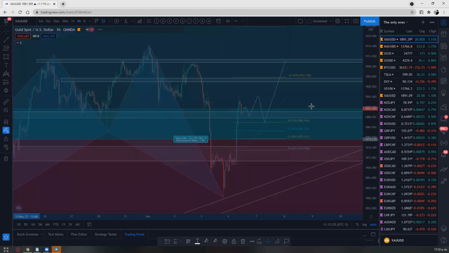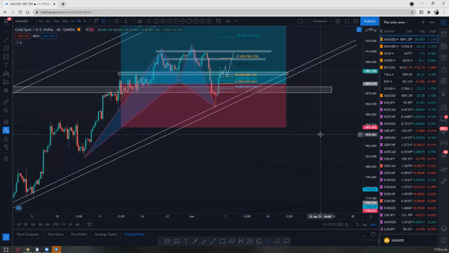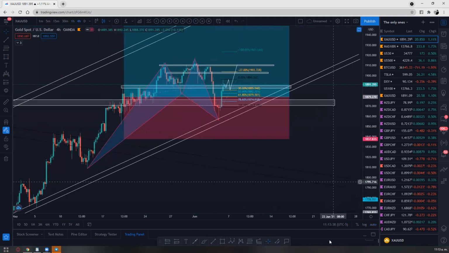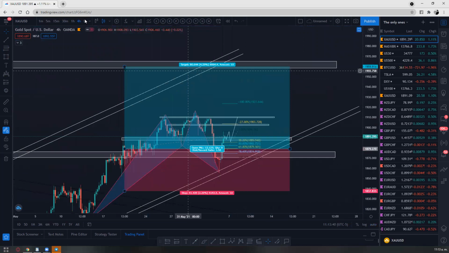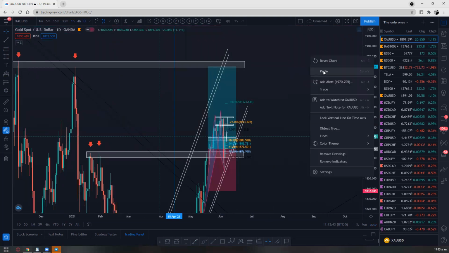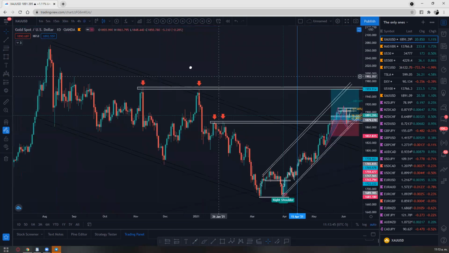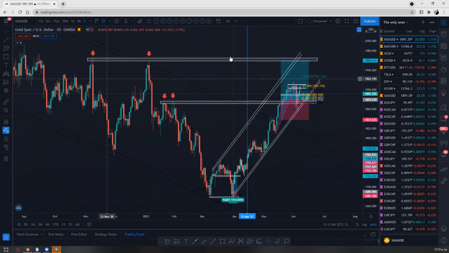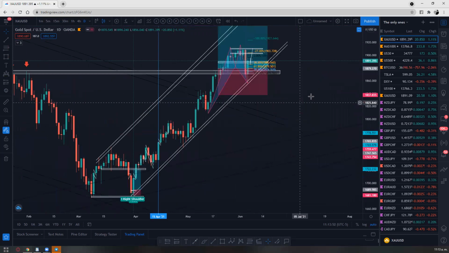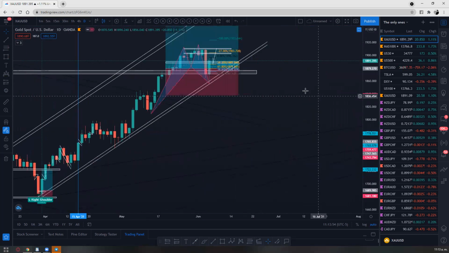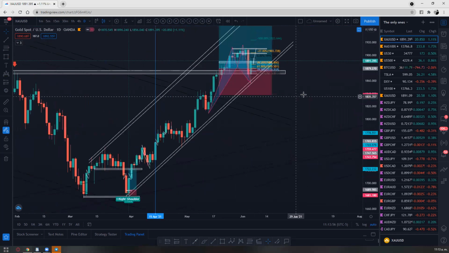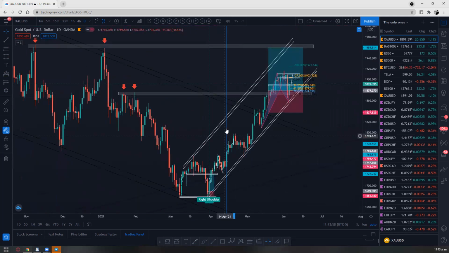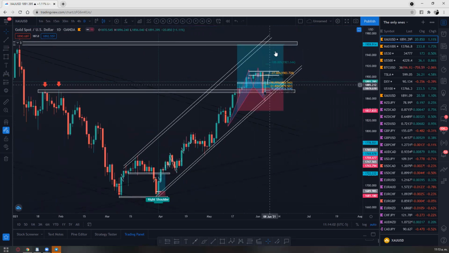And like I mentioned, I do have a couple of entries there on gold, and I'm aiming for the last high, which is like here. Let me go back on a daily. Remember that double top? On this double top, that's where I'm aiming at the moment. So yes, I'm expecting gold to continue up. Hopefully, we'll continue up. Anyways, let's see how it goes next week. But I definitely think that it will keep pushing up at the moment.